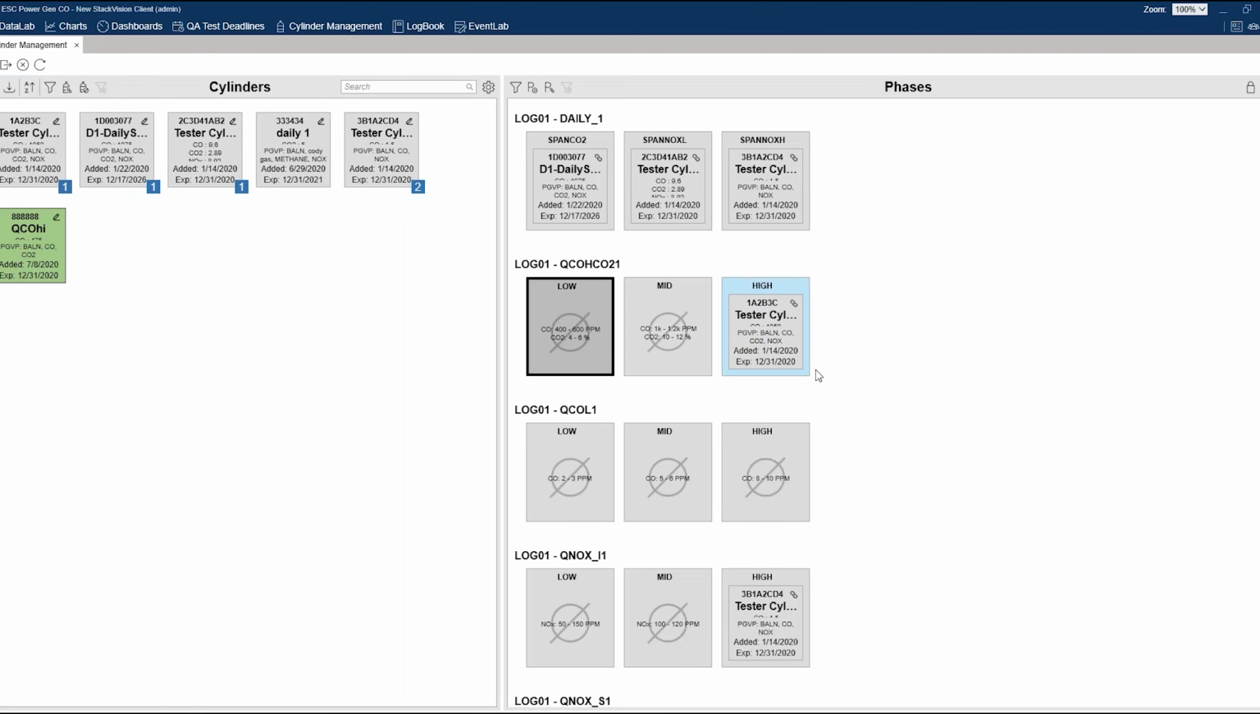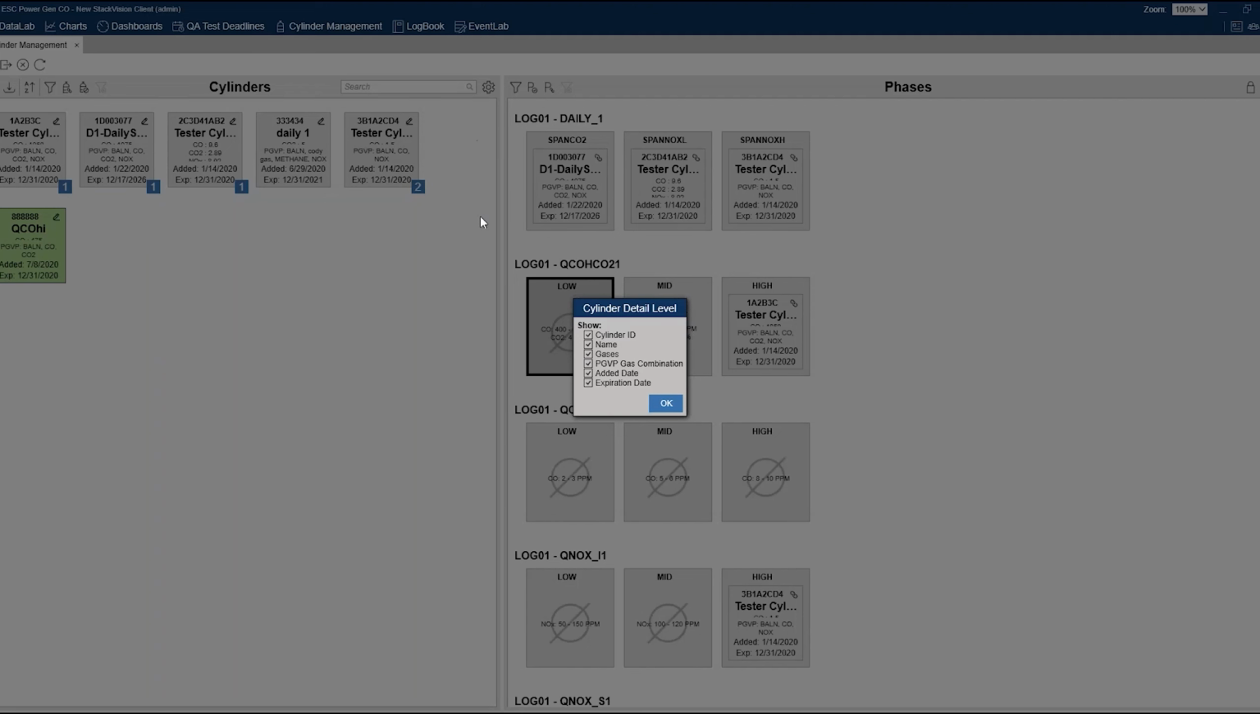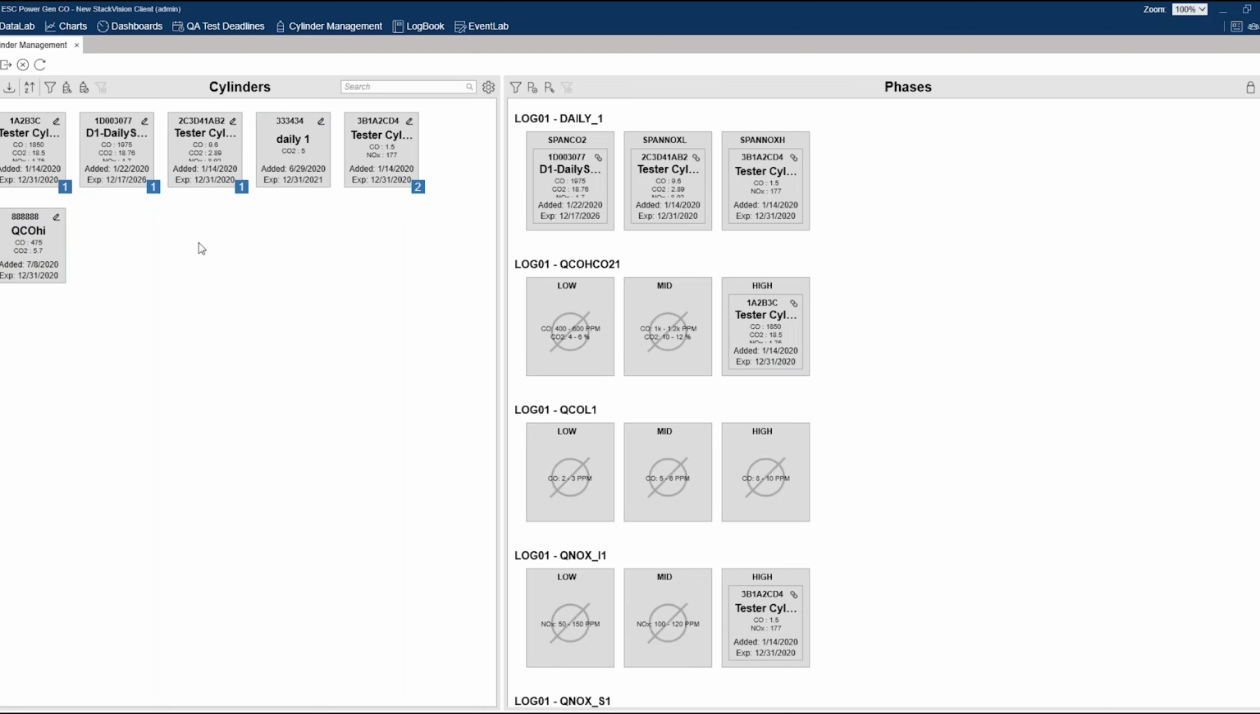I'm putting all the information back just so we can see. The PG. Now to add a new cylinder in, I can come up here to my add icon or my import icon,